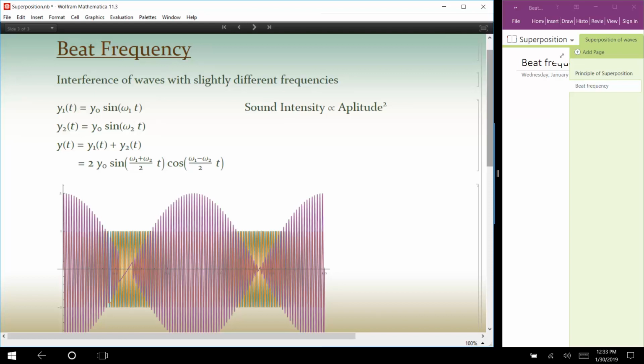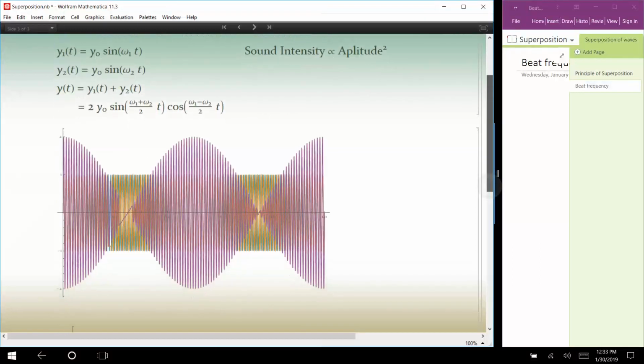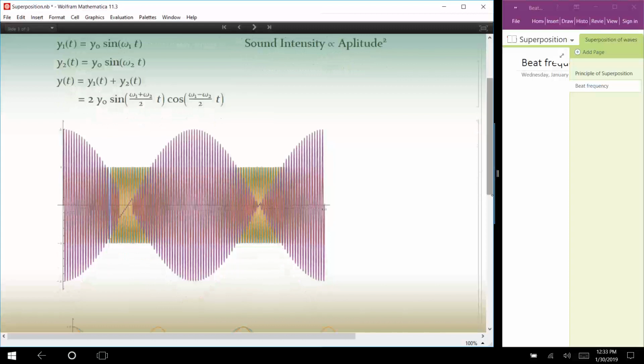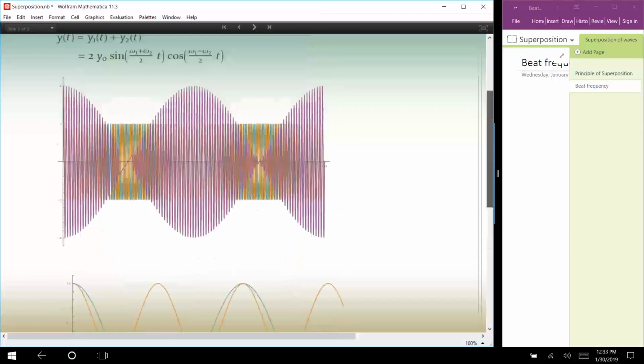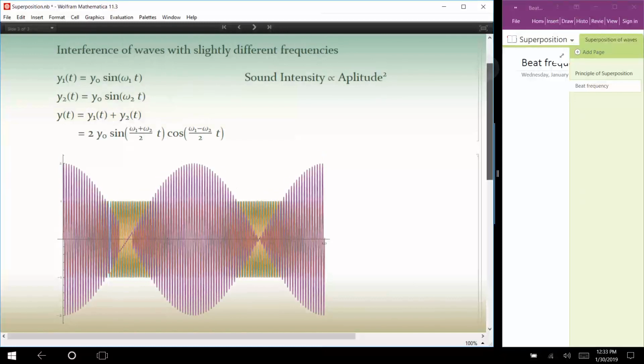So here we are going to talk about beat frequency. Beats arise when there are two interfering sound waves with slightly different frequencies. And I particularly think that the pattern of beat frequencies just looks amazing. So this is an example of a beat frequency that I've plotted over here. We'll come back to this plot and discuss it in a bit, but first let's talk about the idea of